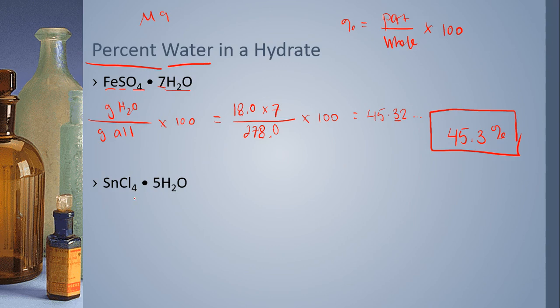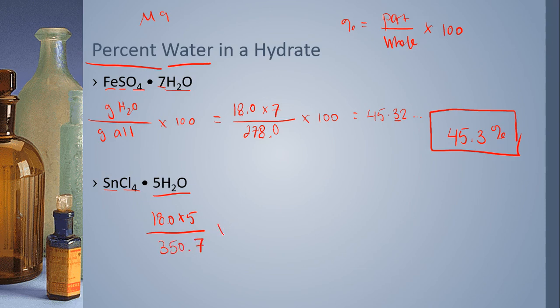Now let's look at this one. If we do the percent water in this one, I need to do 5 waters this time. It would be 18 times 5 because there's only 5 waters for every tin 4 chloride. Okay, so what about the mass on the bottom of it? Well, on the bottom of it, we need to do the mass of 1 tin, 4 chlorines, and 5 waters. So together, that would equal